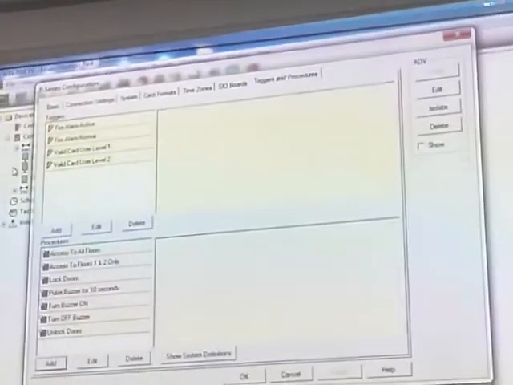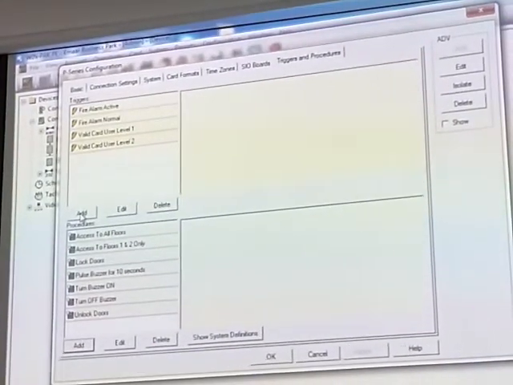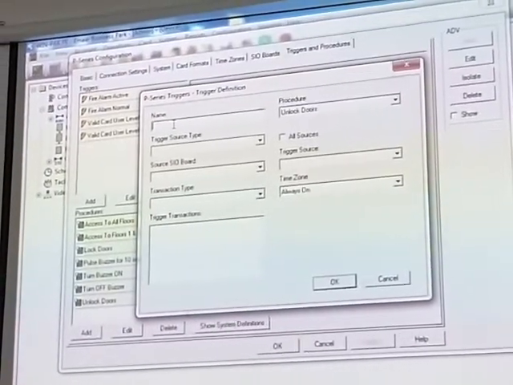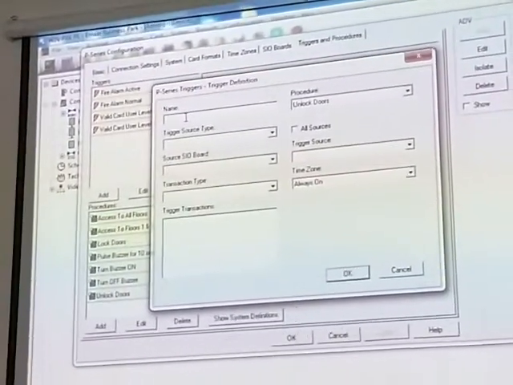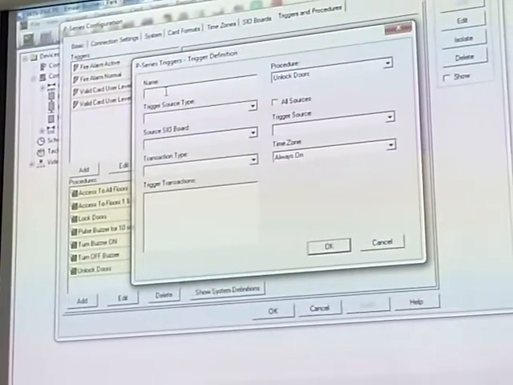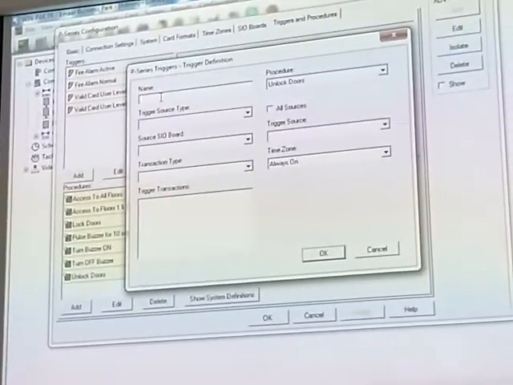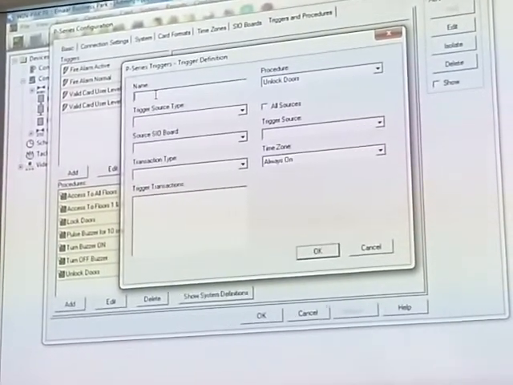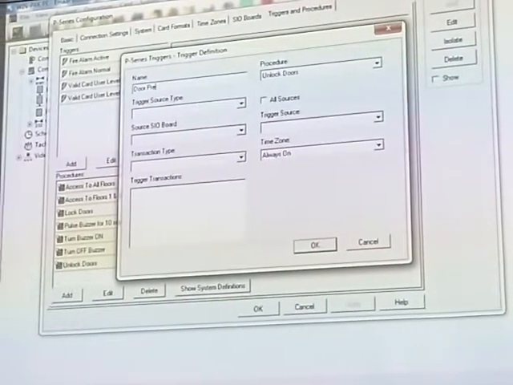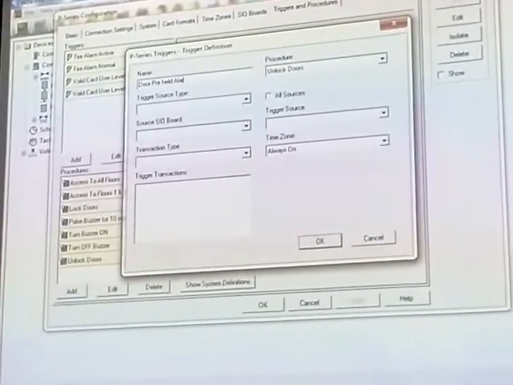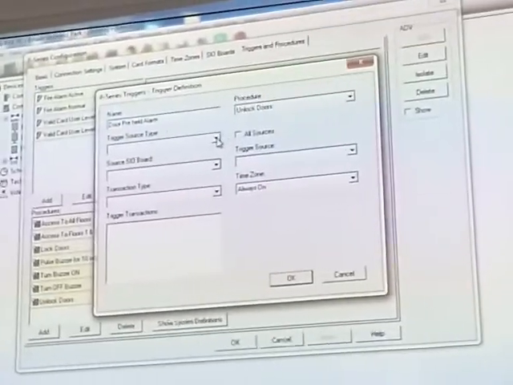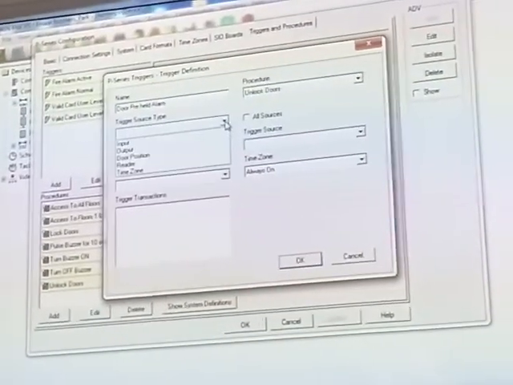Now I need to create my three triggers. So I add here one trigger. So you can give a name. We have some names here that we can use, more explicit. So for example, the first one, let's call it door 1 pre-held alarm. Okay. And then in this case, you are going to select the trigger source type as being input,